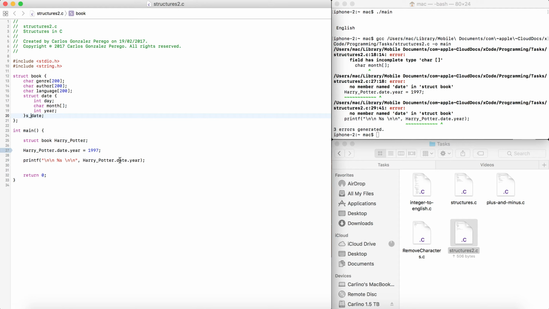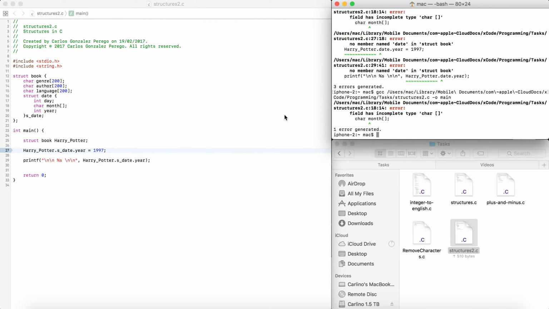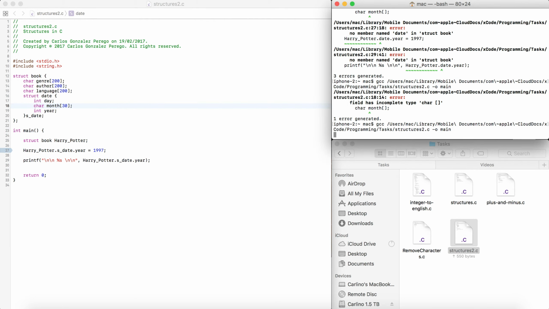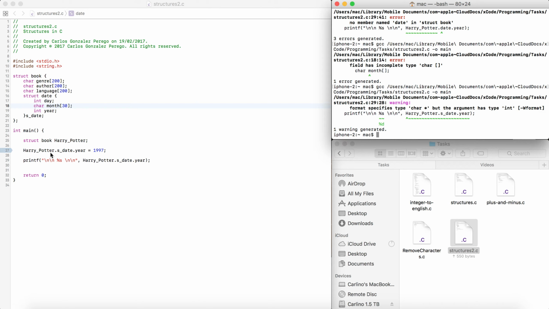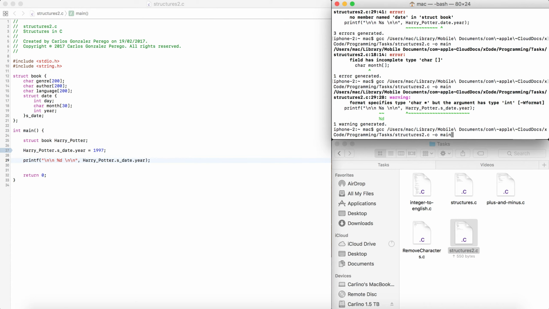So now, if we were to put it here, we could put s underscore date and s underscore date. If we were to run it now, we have to obviously declare how big the month is, and this is an integer, as I said before. Now if we run it,